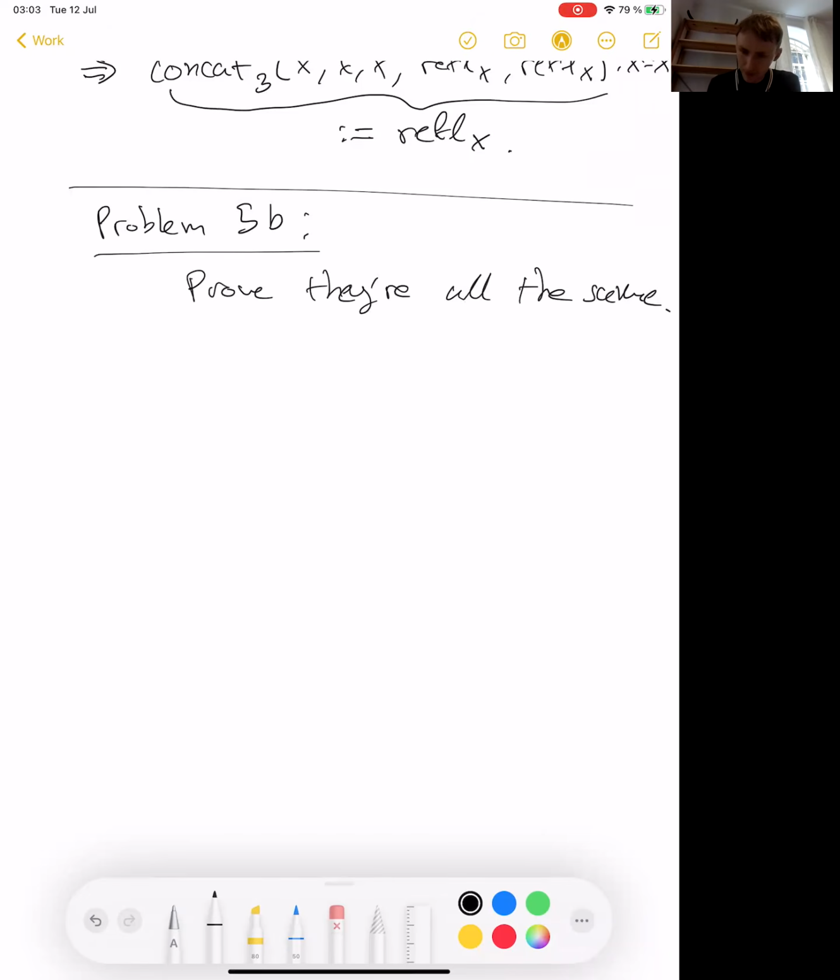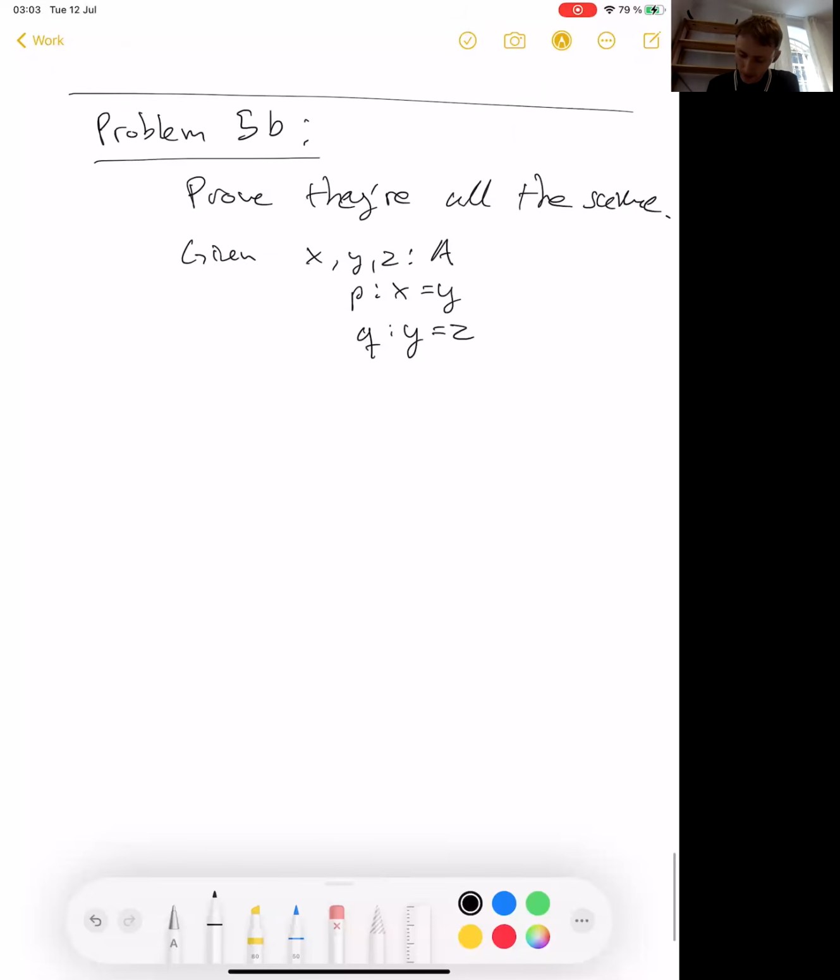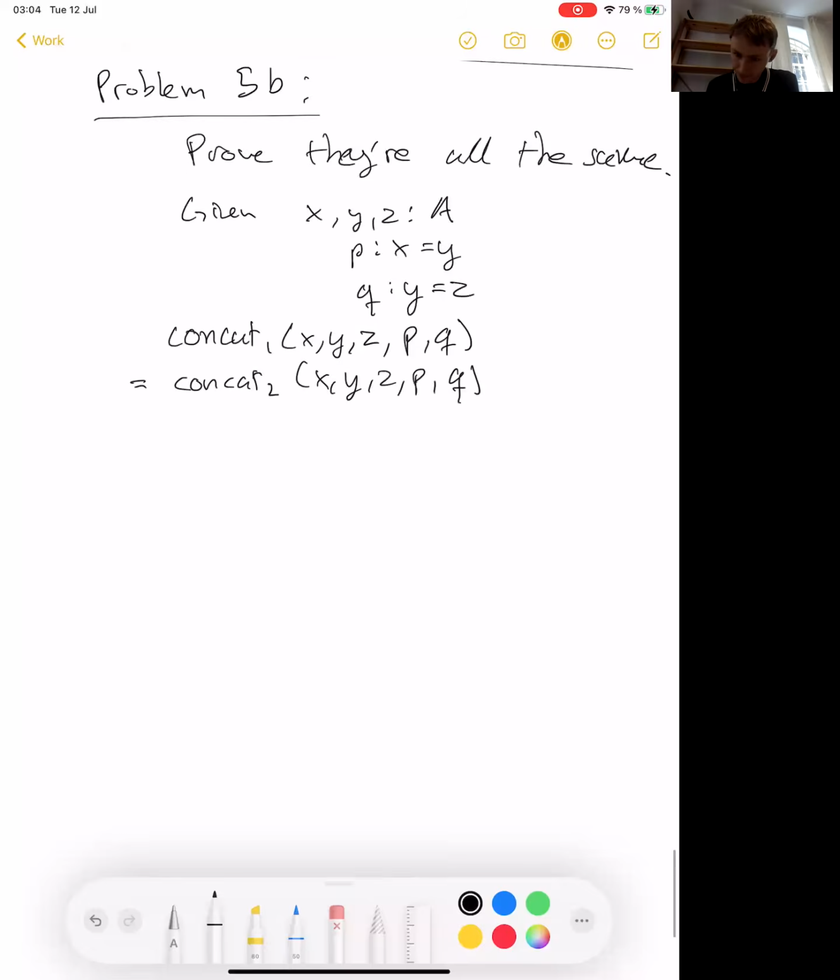So in particular, what we want to prove is, given x, y, and z in A, p from x to y, and q from y to z, we want to prove that concat 1, x, y, z, p, q, oof, this is going to be annoying to write, is equal to concat 2, x, y, z, p, q